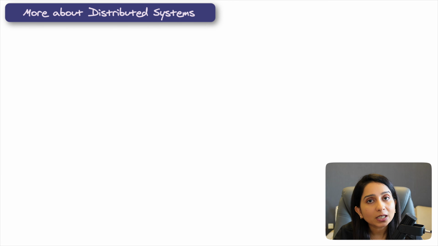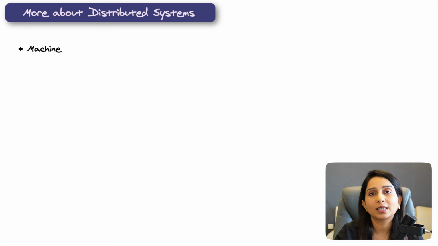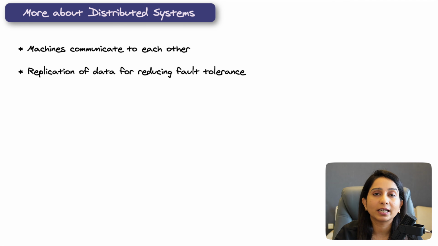Now, we have barely scratched the surface of distributed systems. It is very easy to say the machines send messages to each other and they replicate the data and they keep a copy of the data. Whereas in real life, it is really, really difficult to maintain all these operations and to implement such systems which can handle these operations. But let's at least try to understand the basics of it.